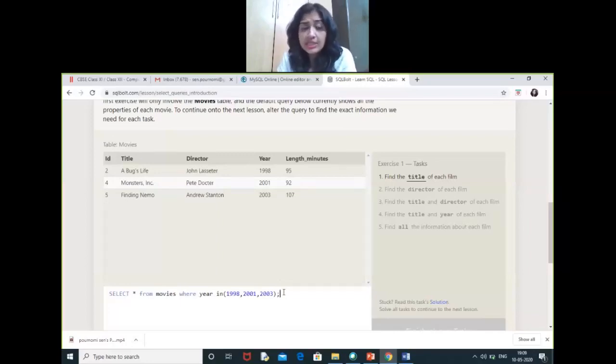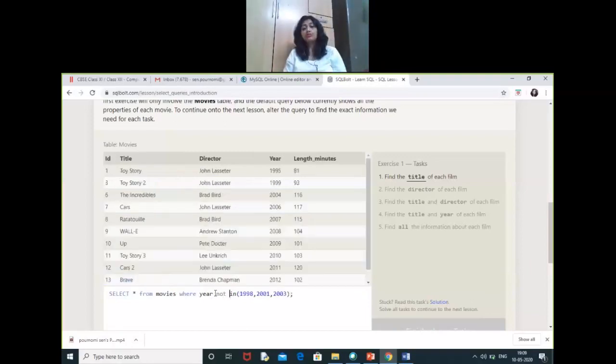So this is the IN clause. Similarly, we can change it to NOT IN. So it will give you all of the movies where the release date is not in 1998, 2001 and 2003. So this is how the IN and NOT IN clauses can be used in a query.